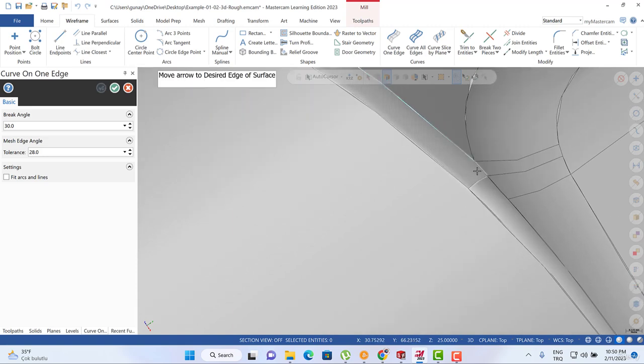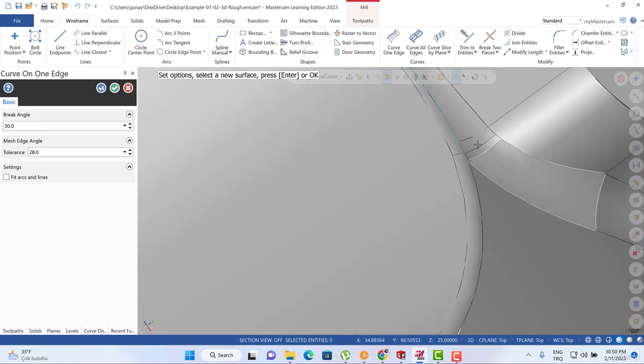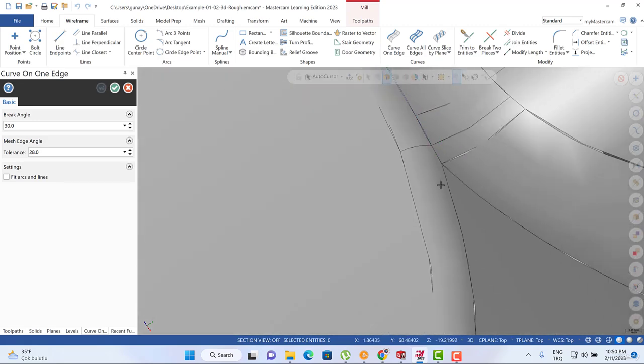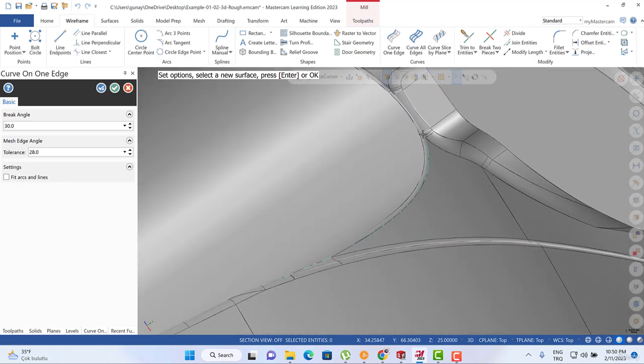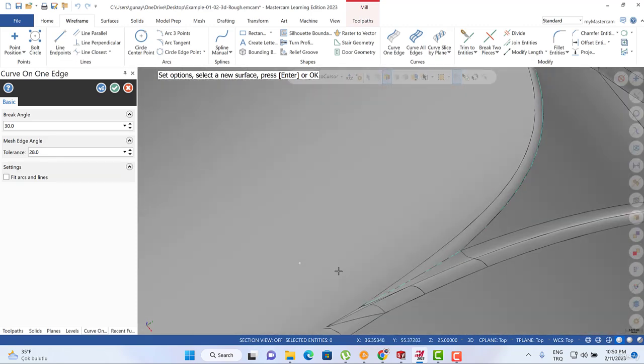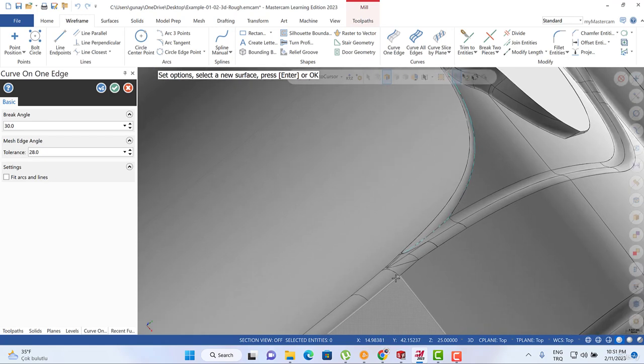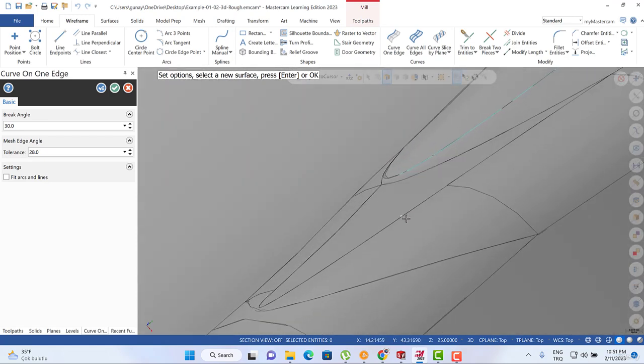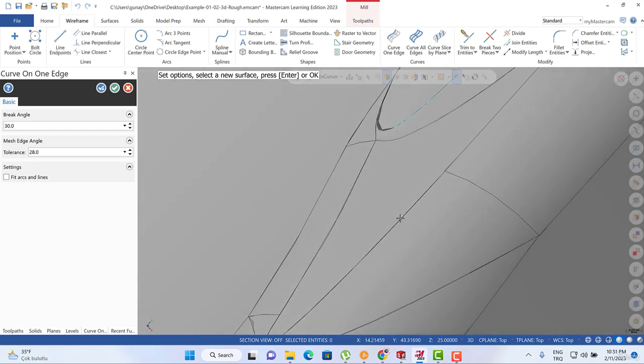Okay, and let me focus on this area and this area, and then I'm gonna focus on this edge and this edge. Okay,